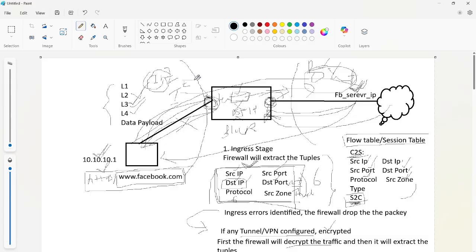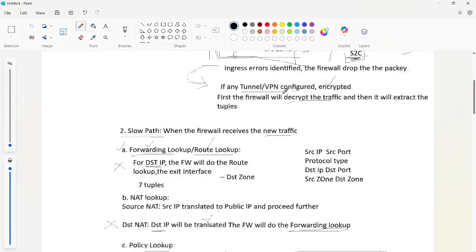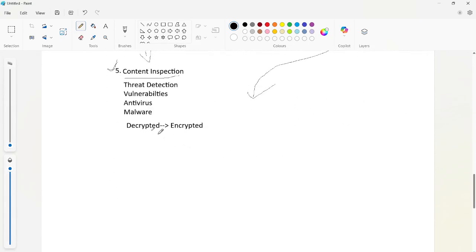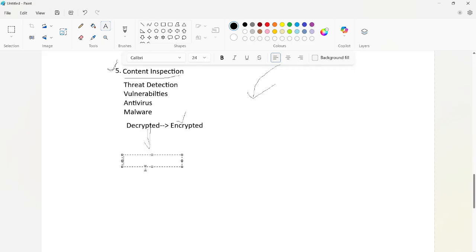If you are receiving encrypted traffic, we decrypt it only to inspect it, but whenever you are sending the traffic out, we have to send it encrypted again. That is the reason it is re-encrypting the traffic and proceeding further to the last stage, the egress stage.